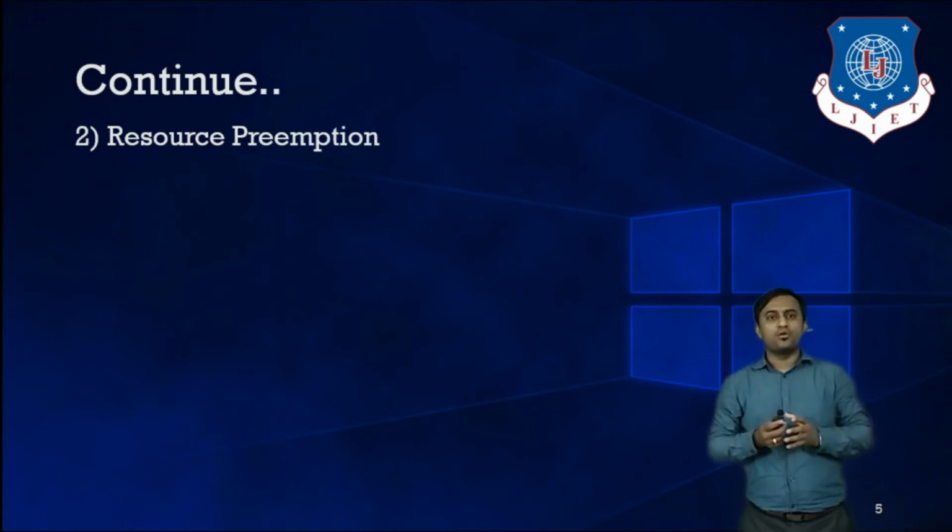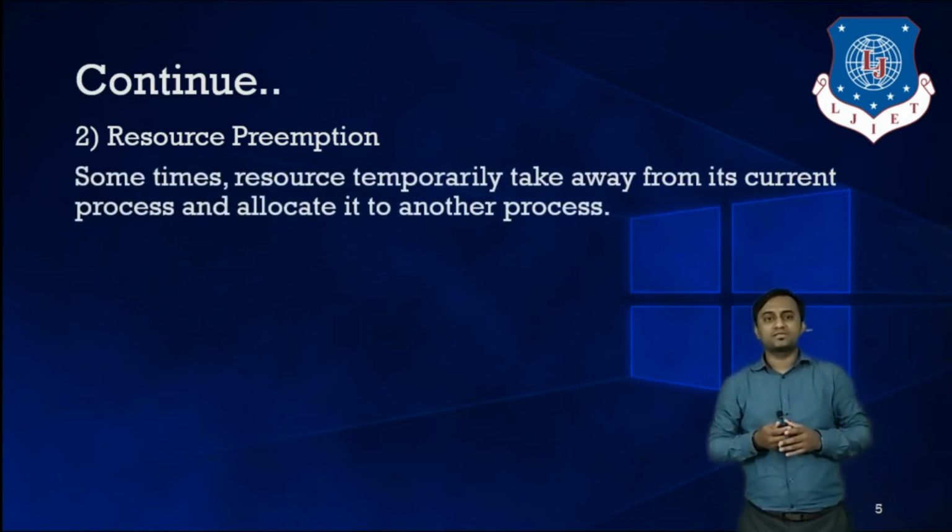Now, the next strategy to resolve the deadlock situation is resource preemption, meaning we can forcefully preempt the resources which are involved in the deadlock situation. So how can we use this strategy? Let us discuss. Sometimes it is possible for a resource to be temporarily taken away from its current process and allocated to another process. That we have already discussed in the process management chapter,